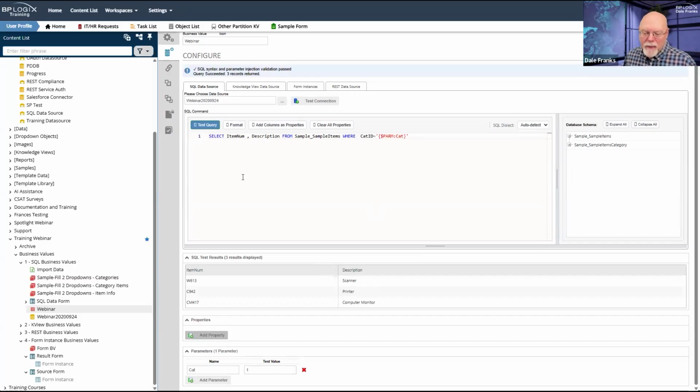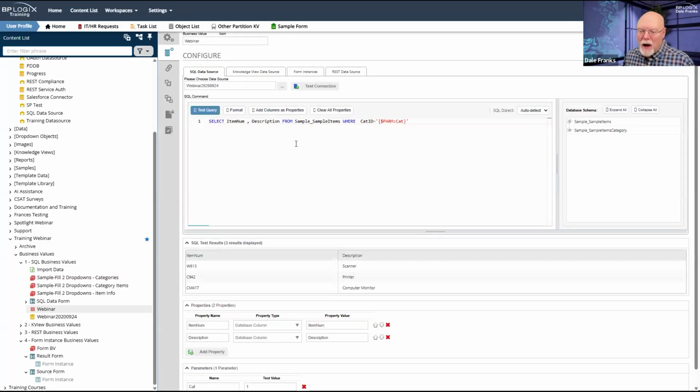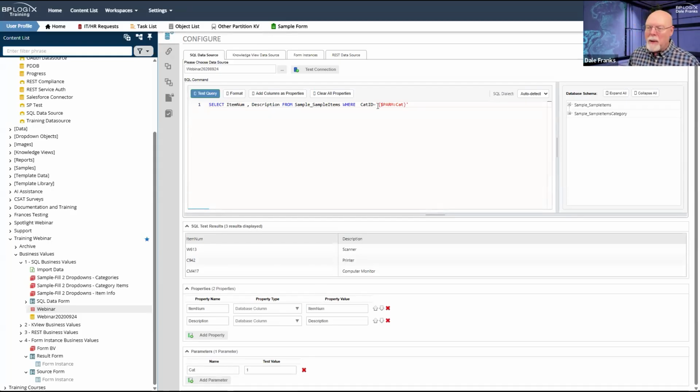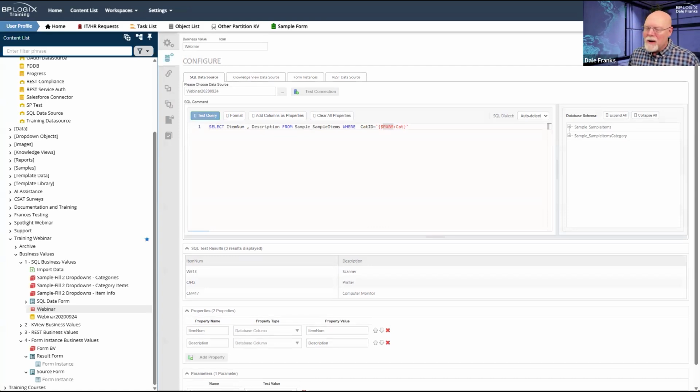And then we just add columns as properties as normal. Now both of the columns that exist in the database are here and my parameter exists. We've got our appropriate SQL encoding character on our parameter. So we now have a good business value that we can use.